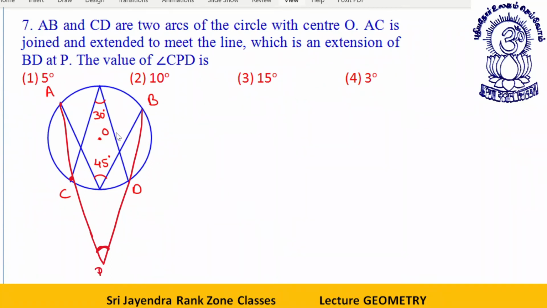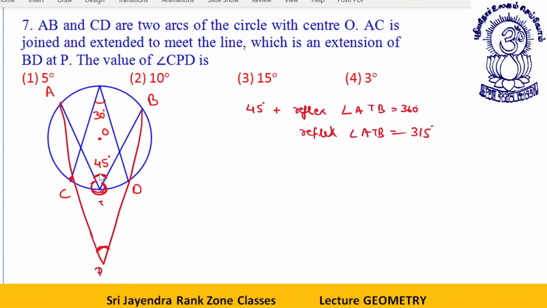Let me tell you what I will do, students. See, this angle is 45 degree. This is 360 degree. 45 degree plus the reflex angle. Let's say this point is E. Angle ATB is equal to 360 degree. Okay, so what I can say, the reflex angle ATB is equal to 315 degree. The student thing is this is 315 degree.